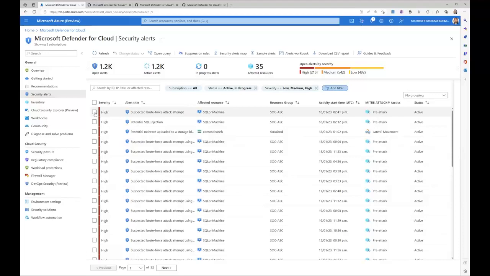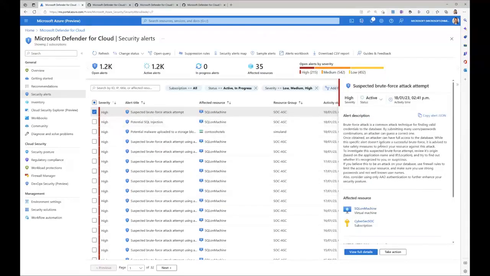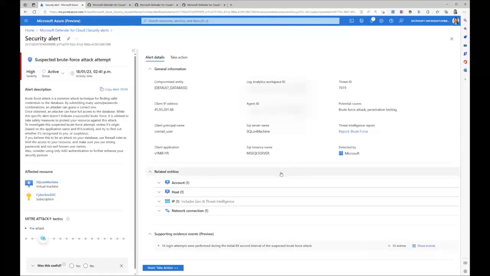To give you a sense of how this looks, I'm going to pick this alert, which has both a high severity and it's a suspected brute force attack on a SQL machine. So when I select this security alert, I'm able to see more information. If I want to start working on it, I'm going to go ahead and move the status to in progress, and I can then even click on view full details that provides me even more information about what has actually